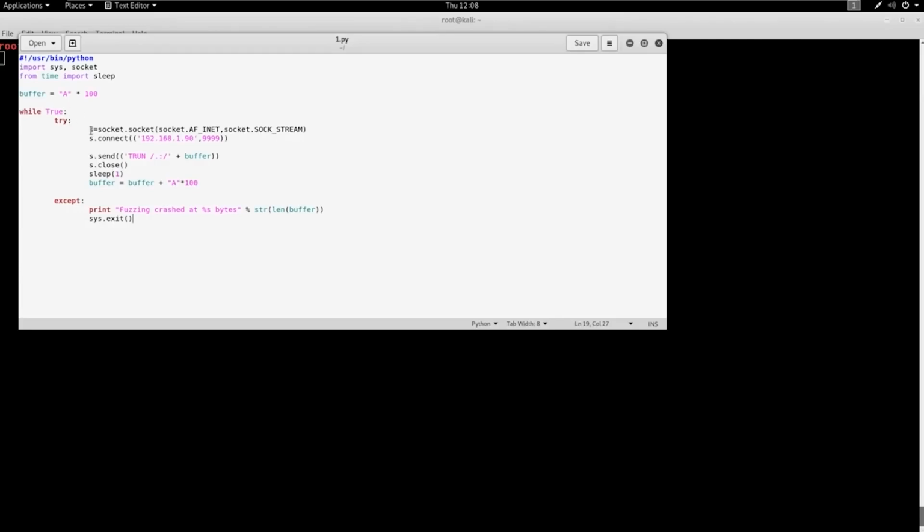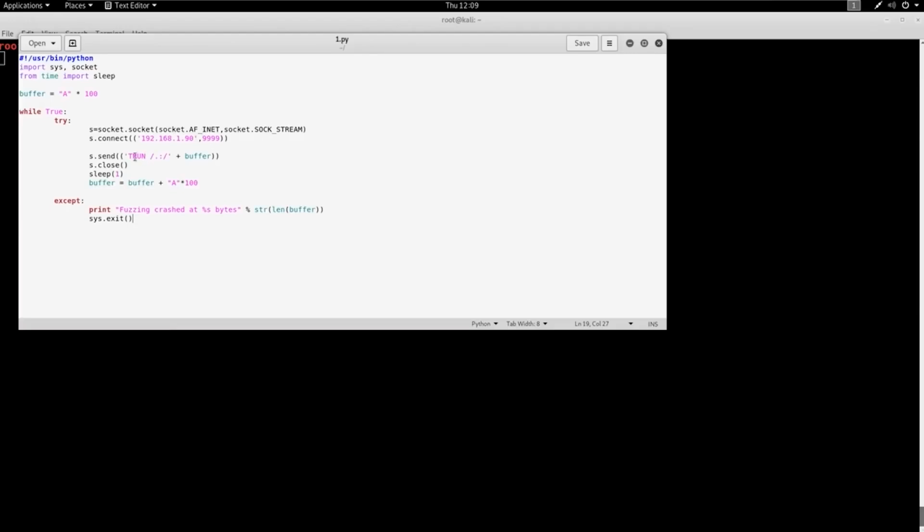What we're going to try is to connect to this socket. The socket, AF_INET, that's your IPv4, and SOCK_STREAM, that's your port. So we're going to say, let's connect to this IP address. Remember, this is my IP address for my Windows machine that's running Vuln Server. So we're going to connect to this IP address, and this port, and then once we